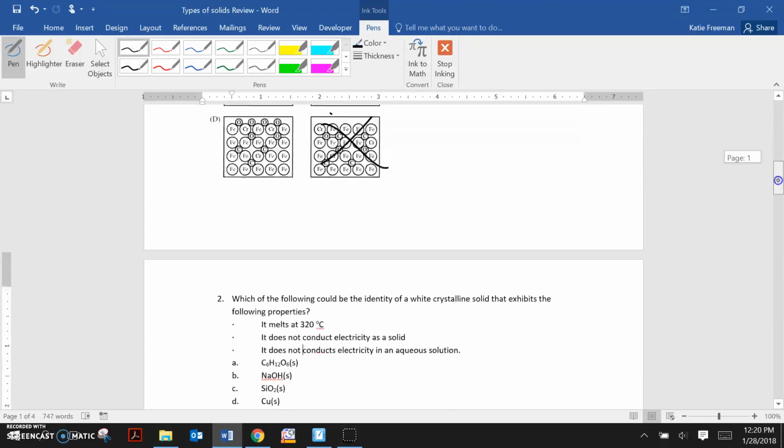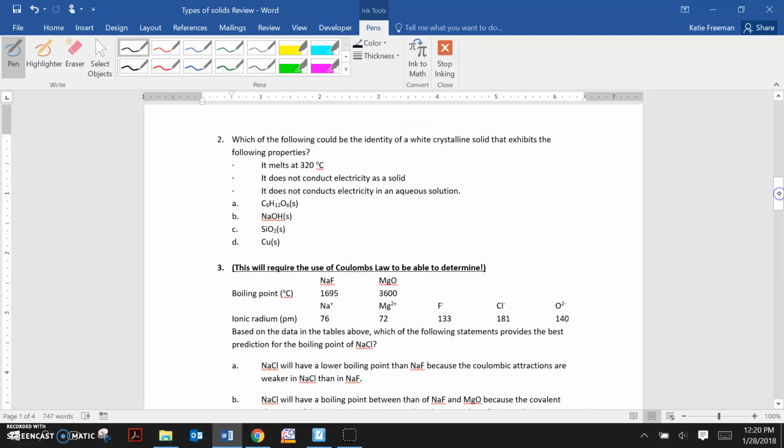Okay, so moving on. This one's very similar to the one you had in the notes. Which of the following can be the identity of a white crystalline solid that exhibits the following properties? Melts at 320, so fairly low. I'm not going to put lowest or anything like that, but just note that that's a fairly low melting point. Does not conduct electricity as a solid